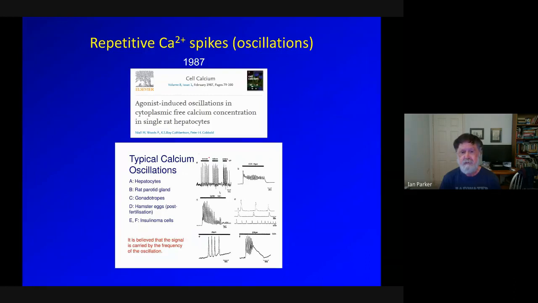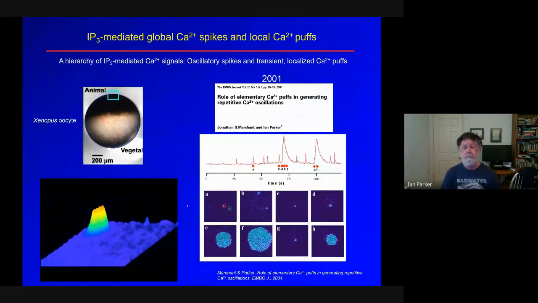And as imaging techniques developed, one of the first discoveries was that individual cells show oscillations in calcium level, repetitive spikes, seen in many different cell types, thought to be a sort of frequency encoding of information to regulate numerous cellular processes. So at first, it just looked as if calcium simply went up and down homogeneously in a cell. But as the techniques developed, it became apparent that each calcium spike was often seen as a wave that spreads